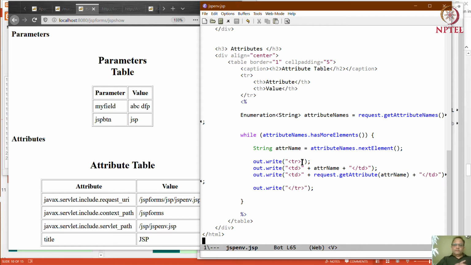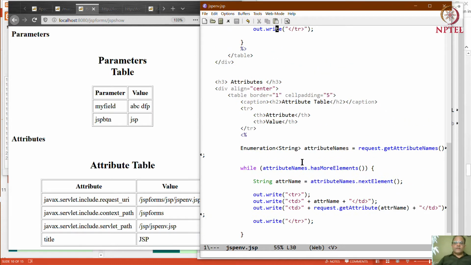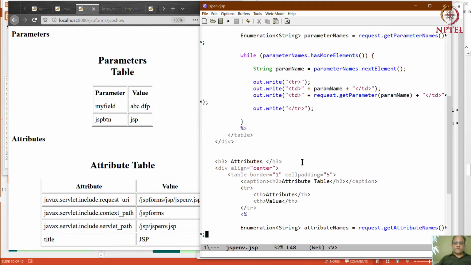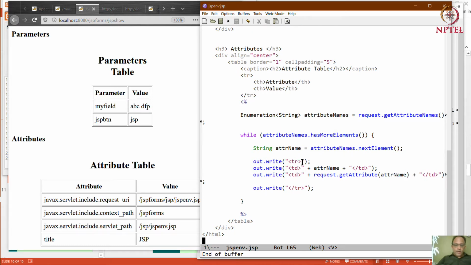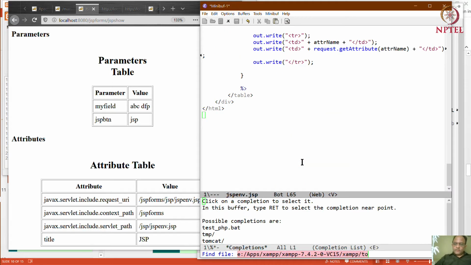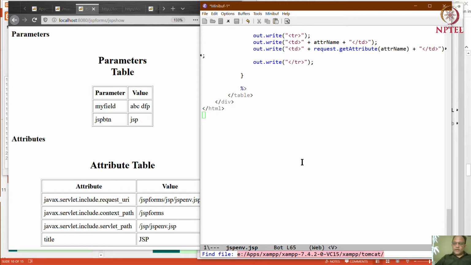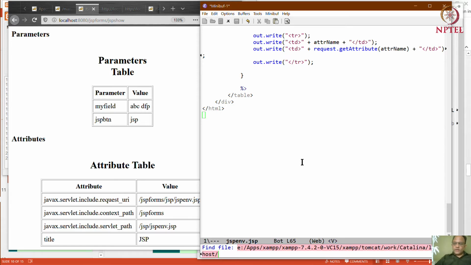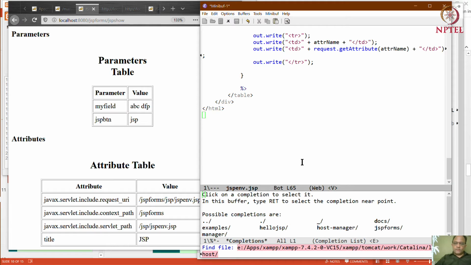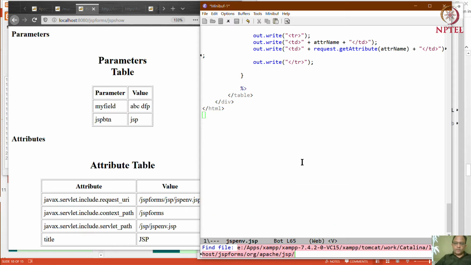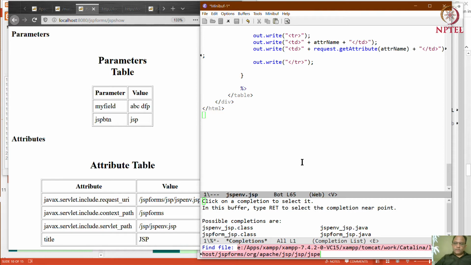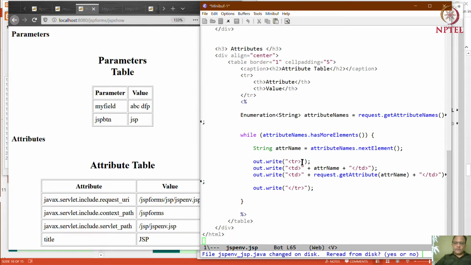But there is something slightly awkward about this, that in the middle of all this HTML, all of a sudden there is JavaScript code. And how this works again is like what we saw for this one, which is for the earlier class generation. So same kind of thing goes on here. We have JSP forms and we have JSP env.jsp.